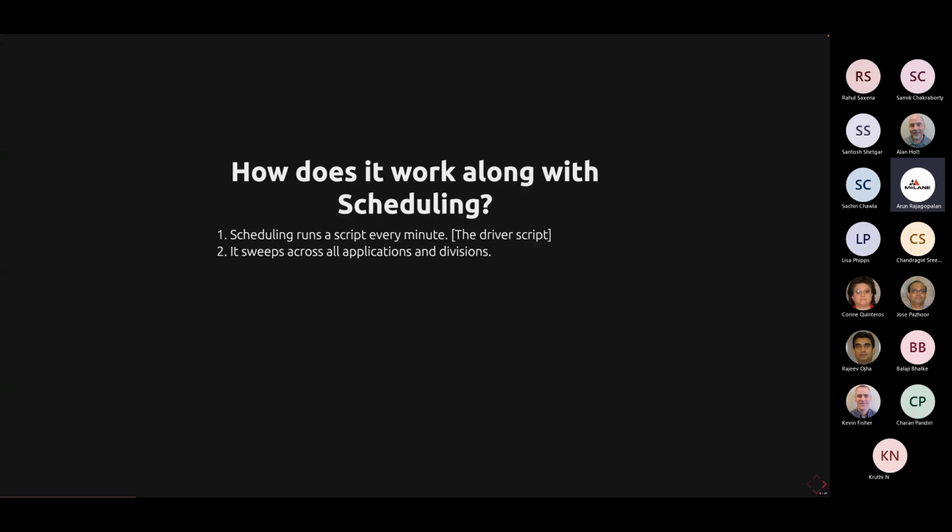So the application could be OMS, TMS, WMS Lite, WMS Hub, anything. It'll say, what do you have for me to do now across all divisions? And the procedure will give a count of each application, each job that is eligible to run. Once those counts are given,